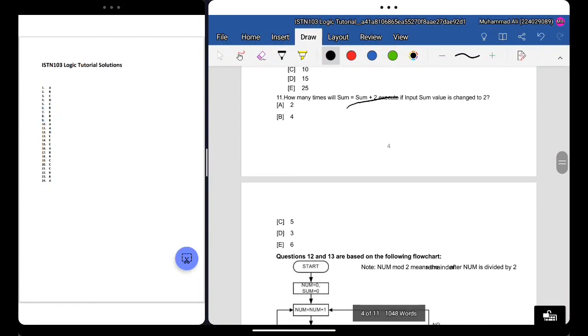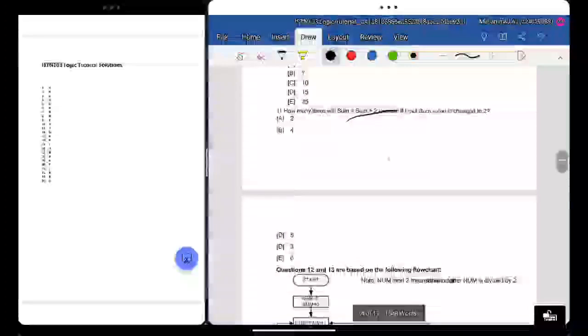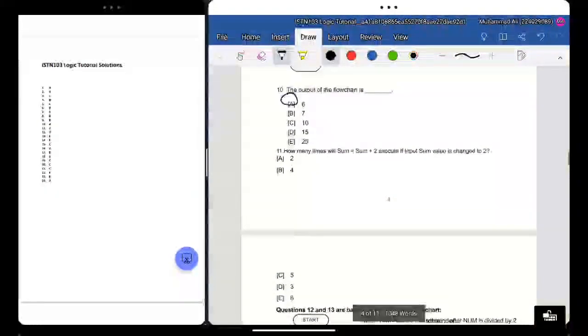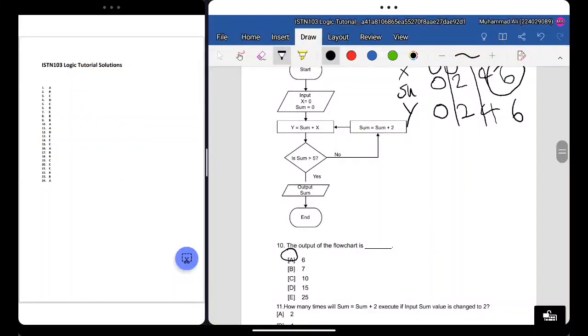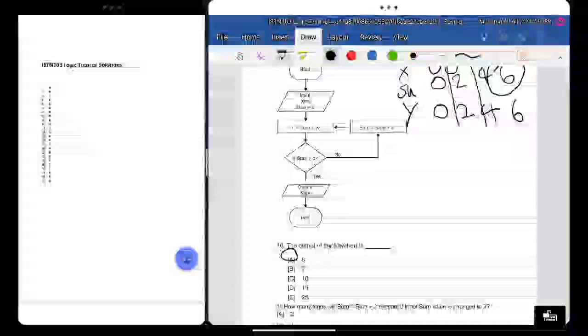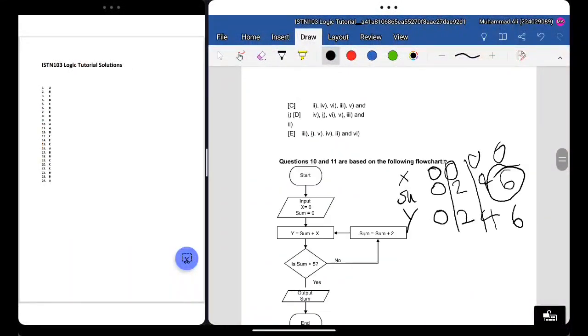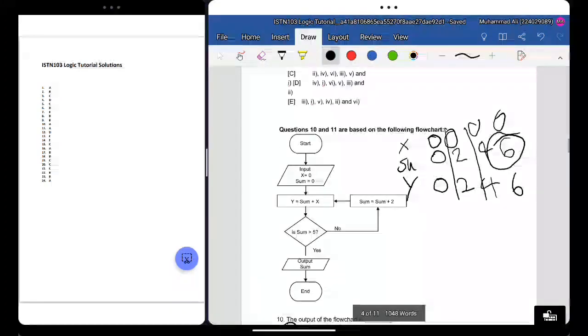11 is A. Why is it saying A though? I'm confused. You went here 3 times. Because here, I can argue over here, because the memo wasn't 100% wrong. The other questions were also 100% right. When sum was 0, it went there, executed 1. Sum is 2, it got executed. Sum was 4, it got executed. That's 3. Alright, so 3 is the correct answer. And the last one was sum was